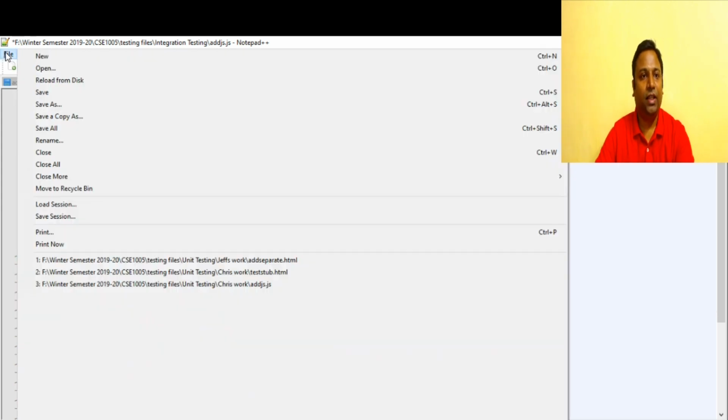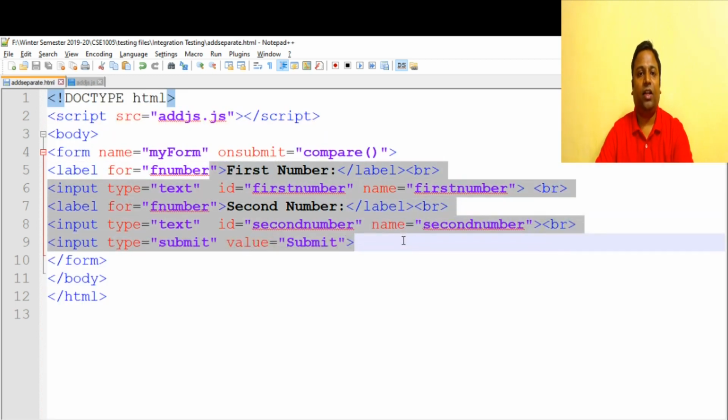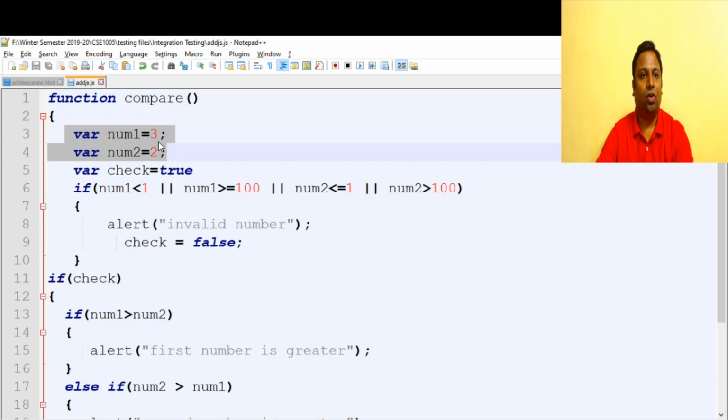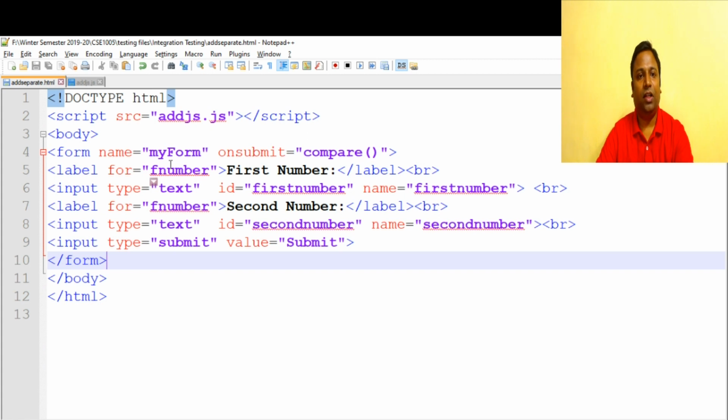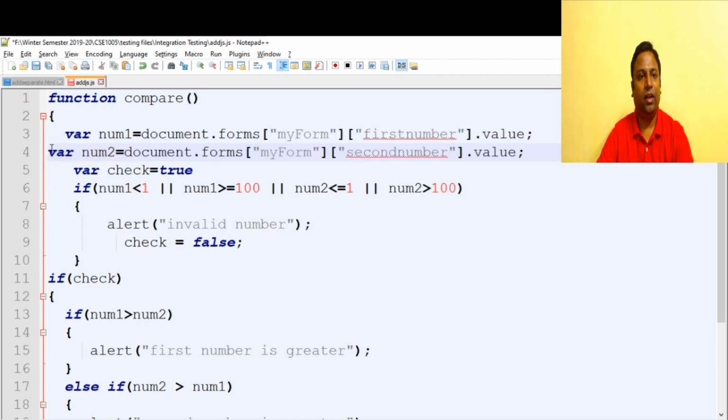And there's one more thing that needs to be changed. If you take a look at this particular piece of code, Chris has been using some sample test values, whereas these values should be coming from the input HTML file from Jeff. So the values for this method should be coming from the form that Jeff has coded. So how will you get the values from a form in JavaScript? For that, these two lines of code should be added. So we'll be getting the form values directly here into number 1 and number 2.